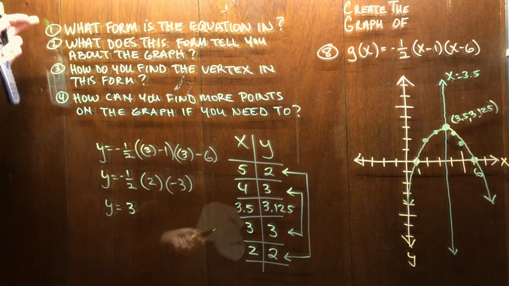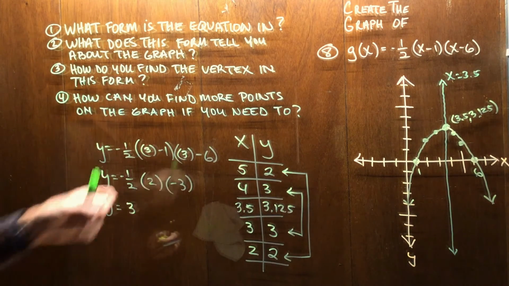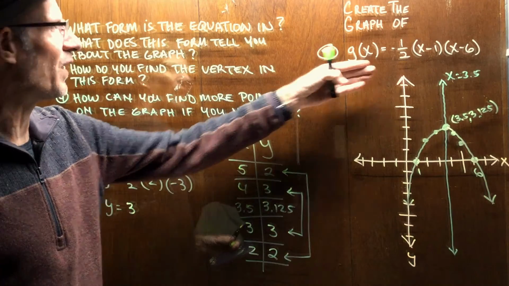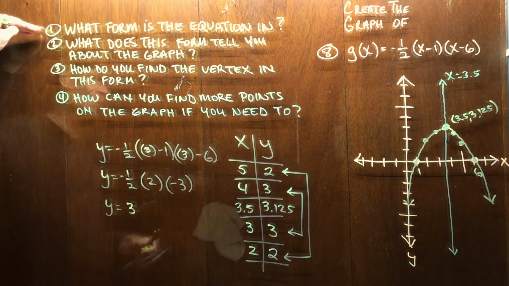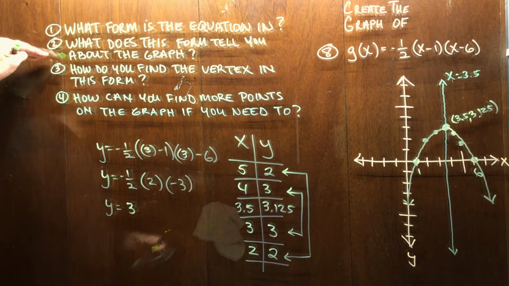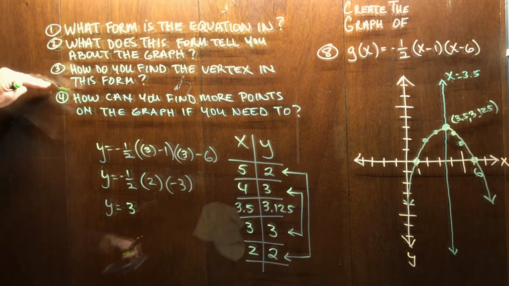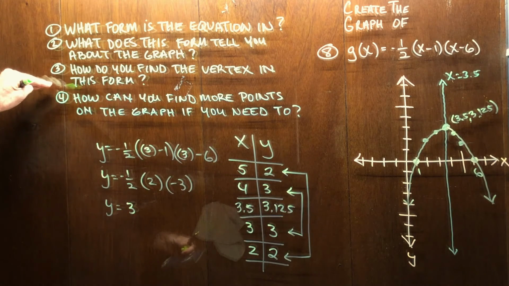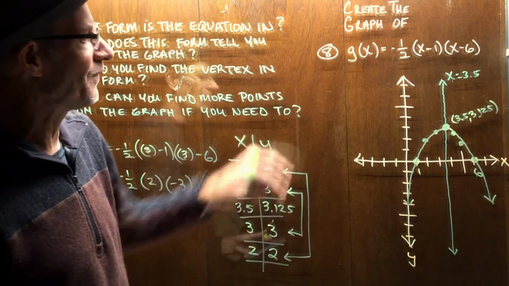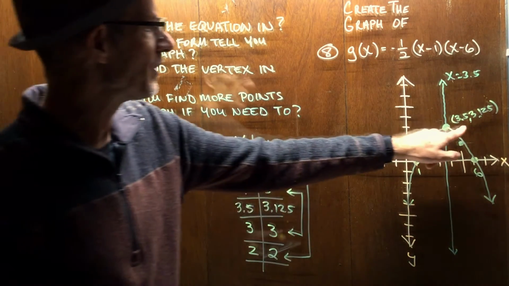So by answering these 4 questions, I was able to create the graph of this function. I knew that the function was in intercept form. I knew the intercept form would tell me the x-intercepts, which were 1 and 6. In order to find the vertex, I had to add up the x-intercepts and divide by 2, and that told me my x value. Then I took that x value and plugged it into the formula to find out the y value, and my vertex was 3.5,